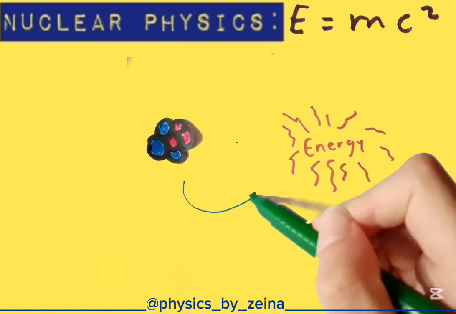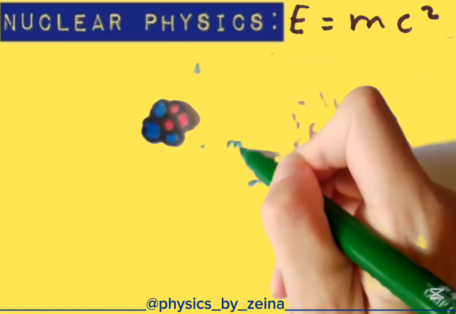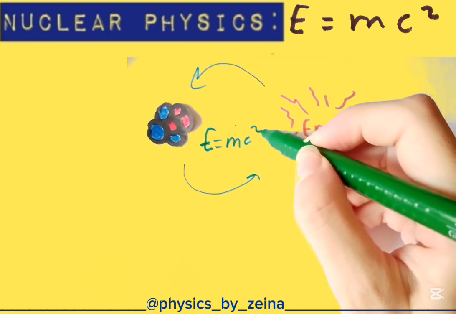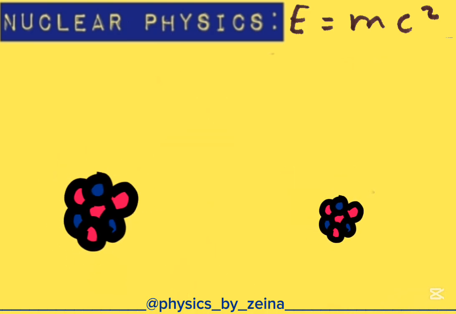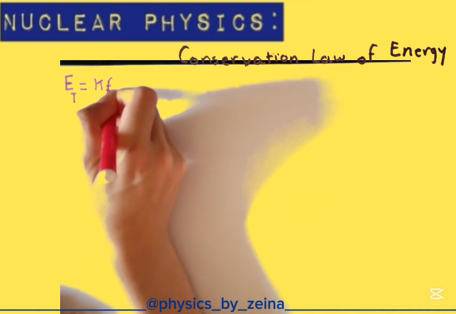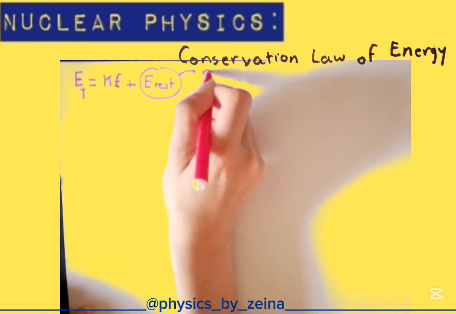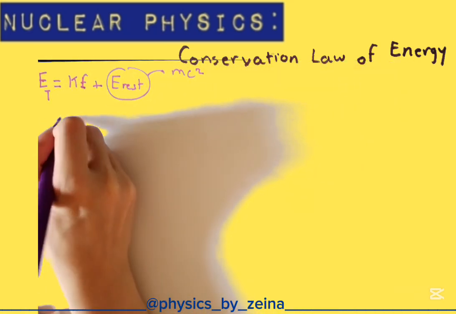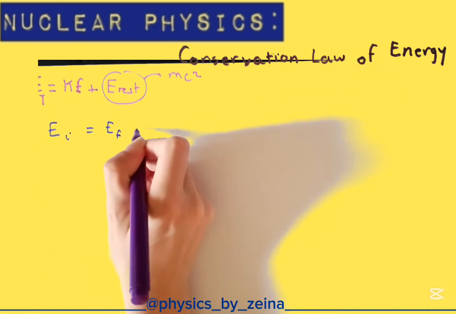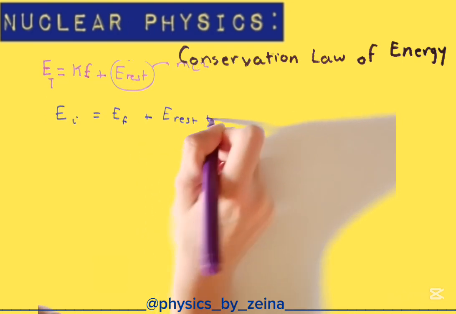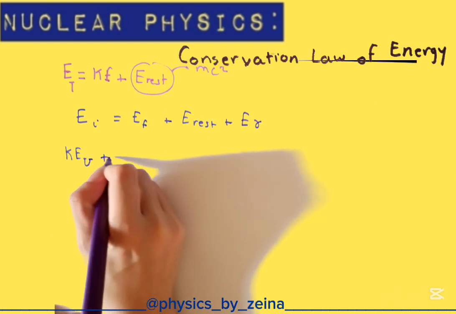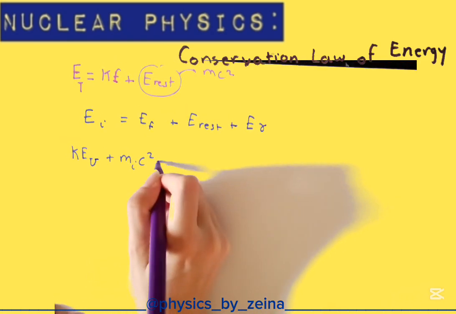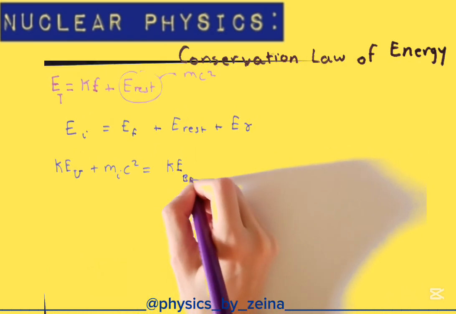This mass defect is converted into binding energy according to Einstein's energy-mass equivalence. In other words, releasing energy to attain stability. The total energy is equal to the kinetic energy and the mc squared. According to the conservation law of energy, the total initial energy is equal to the final energy. The kinetic energy of uranium and its initial mass multiplied by c squared is equal to the total kinetic energy